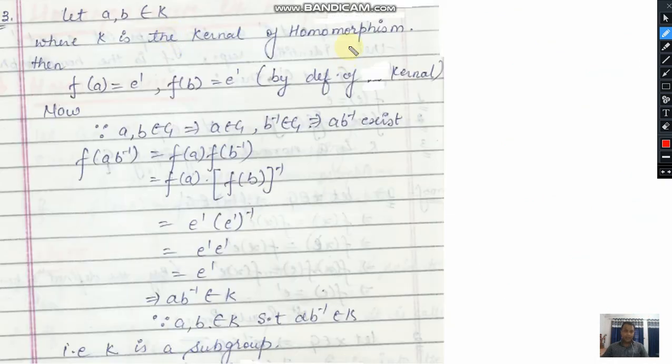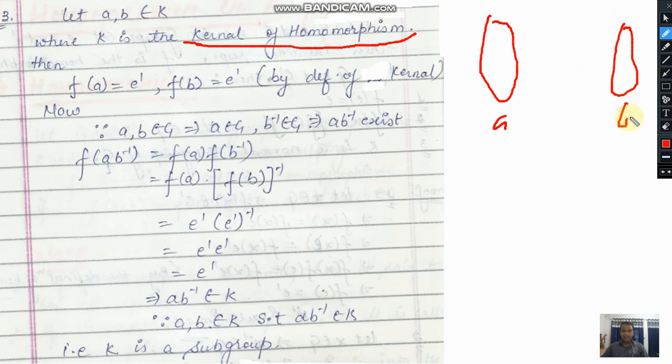For the last part, we will prove that the kernel of a homomorphism is a normal subgroup. Before proving it is a normal subgroup, first we will prove it is a subgroup. It means we will show that the kernel of the homomorphism, the elements of group G which are mapped on the identity in G', these are some elements. Let us suppose these are 1, 2, 3. These are three elements which are mapping on a single element, which is the identity in G'. This is being mapped on e'.